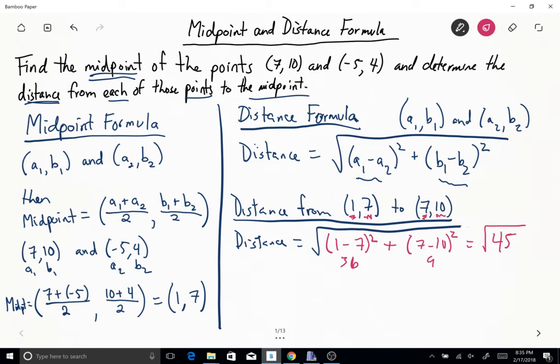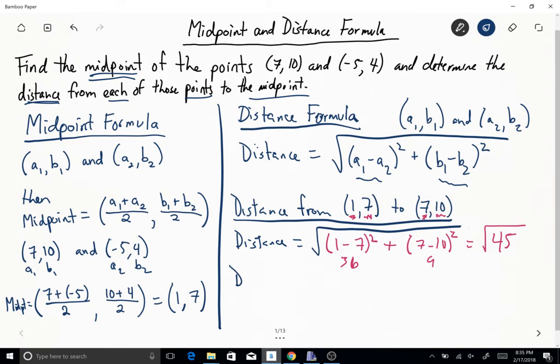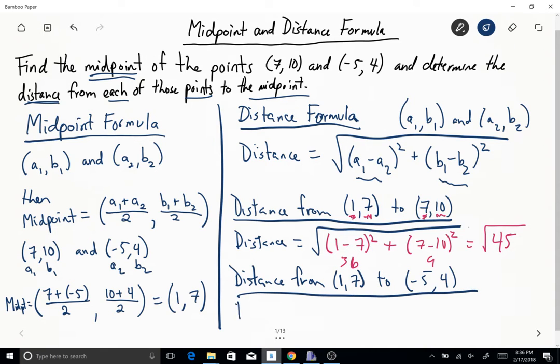Okay? So I don't see any questions thus far, so we'll keep on chugging along. And so now we need to find the distance from the midpoint to the other point. And if things go correctly, so distance from 1, 7 to negative 5, 4,